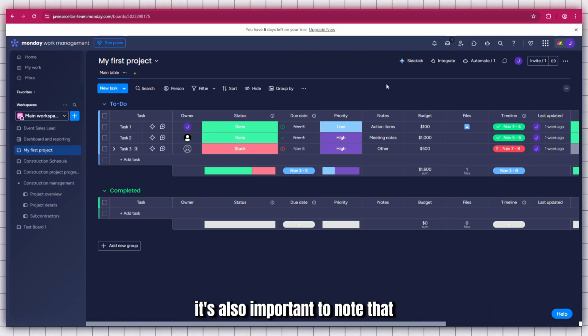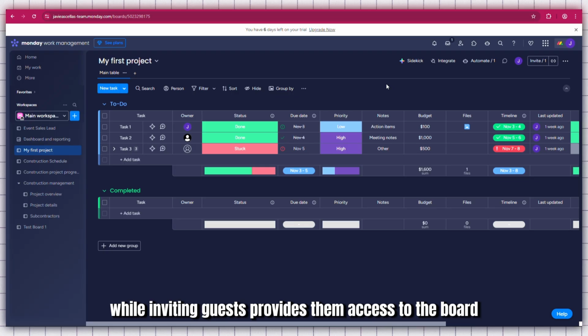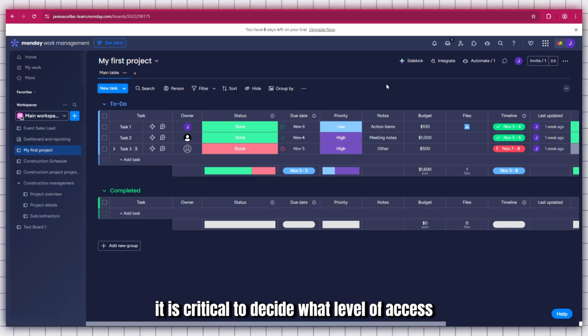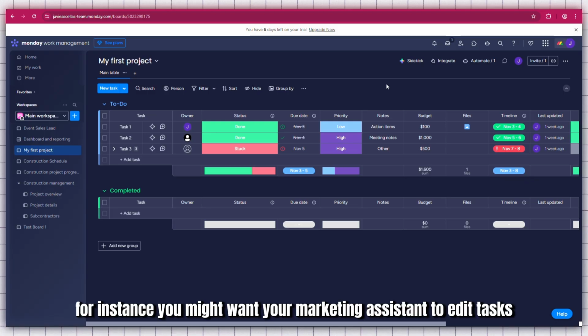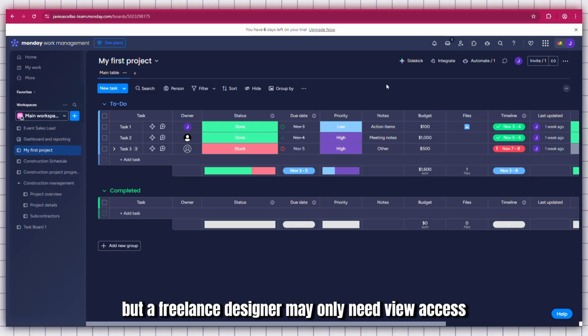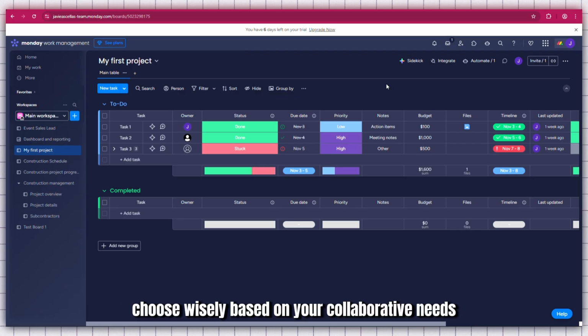It's also important to note that while inviting guests provides them access to the board, it is critical to decide what level of access or permissions you want to grant them. Different levels can allow your guests to view, edit, or even manage the content on the board. For instance, you might want your marketing assistant to edit tasks, but a freelance designer may only need view access. Choose wisely based on your collaborative needs and the trust levels you have with these guests to ensure both security